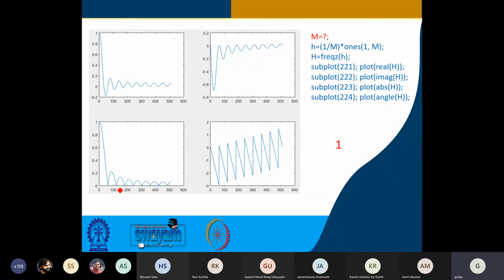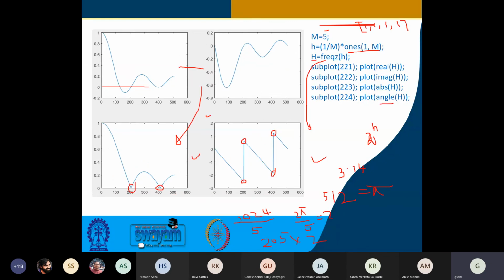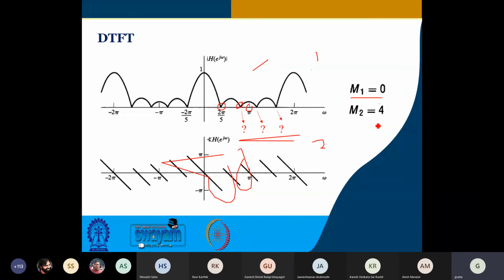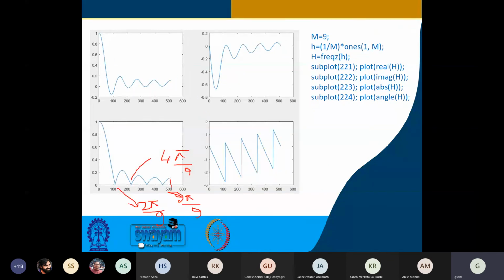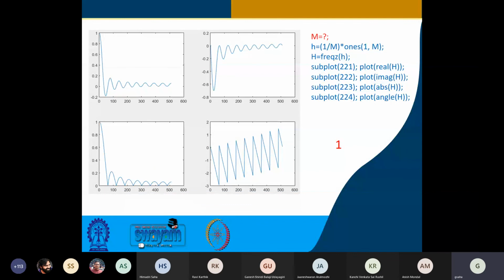So does it have some relationship with the value of M here? How many will there be up to 2 pi by 5 that we discussed last time, how it goes up to 2 pi. Then this is your matching with the simulation. Then we played with 9. Now I am asking what is it? Do you see a correspondence? Or rather, don't you see a correspondence?